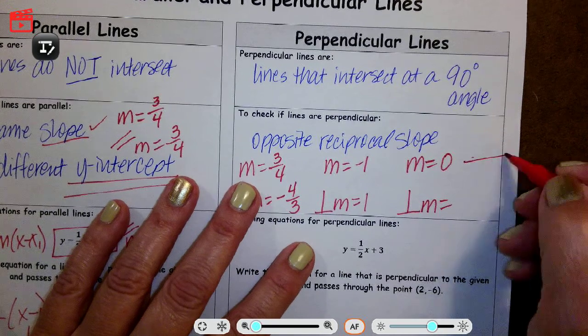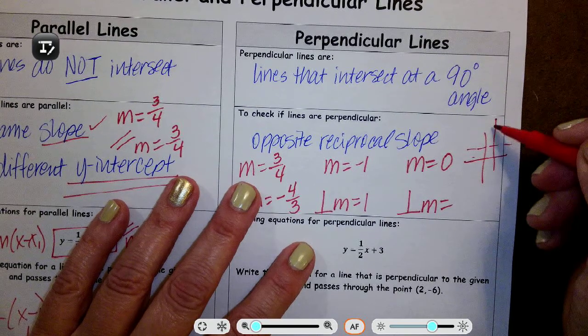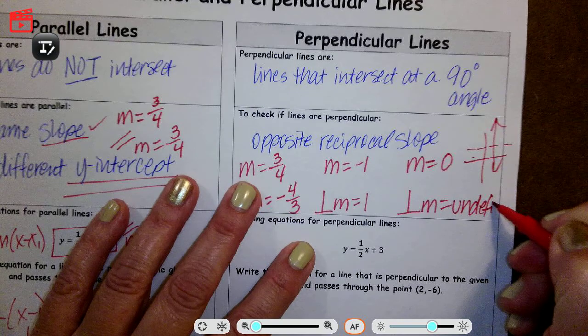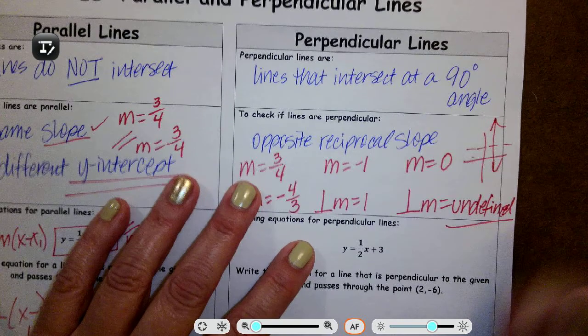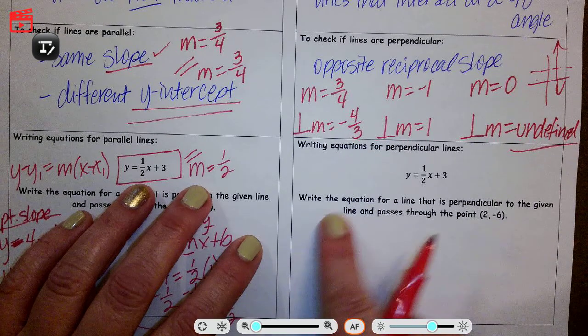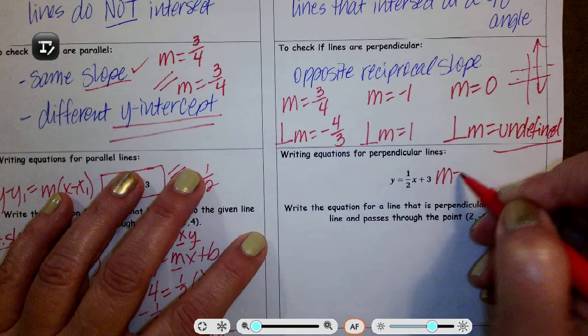Might have to draw myself a Dollar Tree graph. Okay, if the slope is 0 and it's perpendicular, it's going to be undefined. Haven't seen that guy in a while, have we? All right, so before we start trying to find this new equation, we know that the given slope here is